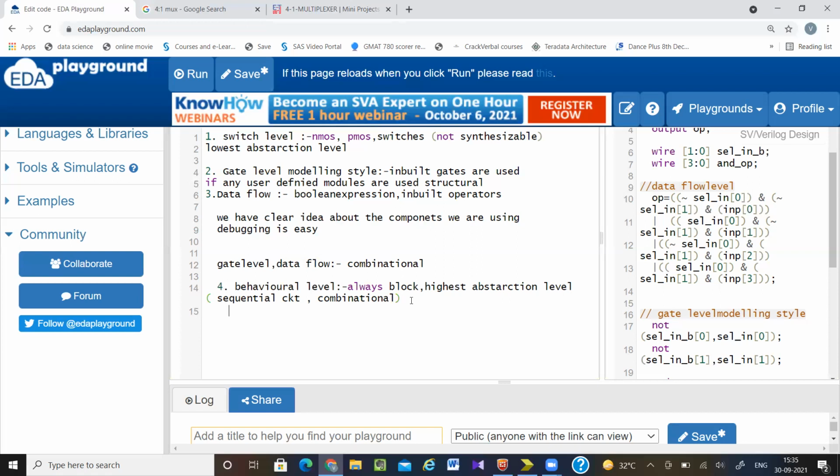So here we describe the behavior of the circuit.